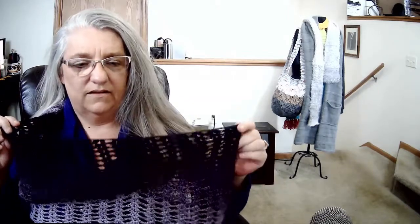So it is also lightweight, and you can use it for whatever you're making. This is all seasons. Like right now, I'm wearing my sweater, and it's winter, and it's snowing outside, and it actually keeps me warm across my sweater. But in the summer and fall, I can wear this with a t-shirt, and it's not hot. The makeup of the skein is 60% cotton, 40% acrylic. So it's also super fine, lightweight. I'll show them for those that are not familiar with Scheepjes. It's super fine, so it makes it lightweight, and it allows you to make these beautiful statement pieces that are large but not heavy as you're wearing them